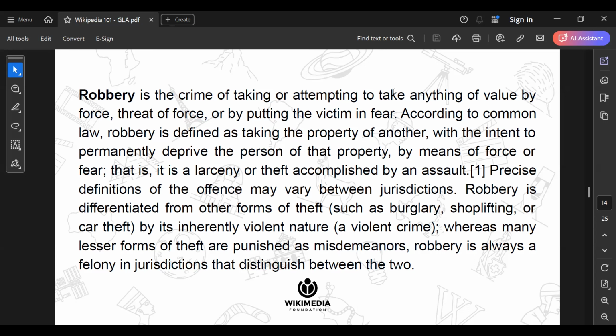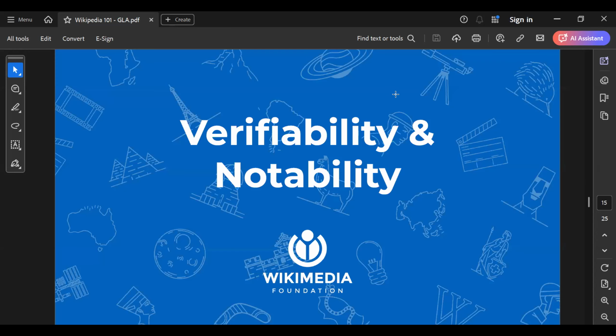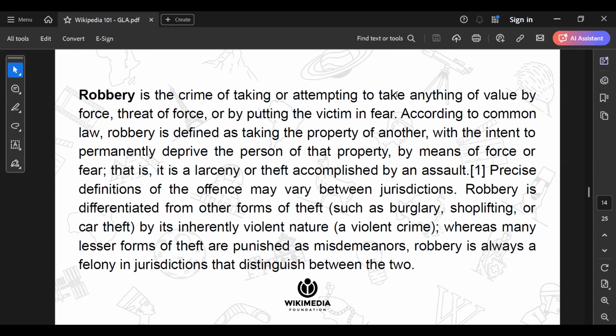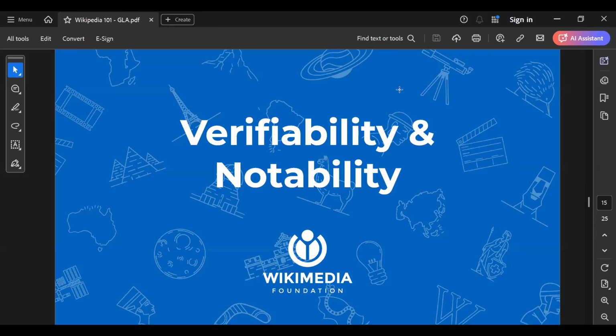So I'll just keep this one, but I'm just trying to show you the difference between writing for Wikipedia and writing for any other purpose. What makes Wikipedia unique? The second point I would like to talk about. If you look at these two scenarios, the content is quite standard in terms of Wikipedia, how the article about South Sudan is structured. It gives you all the information that you need in terms of notability and also writing it from a neutral point of view. So let's talk about verifiability and notability.